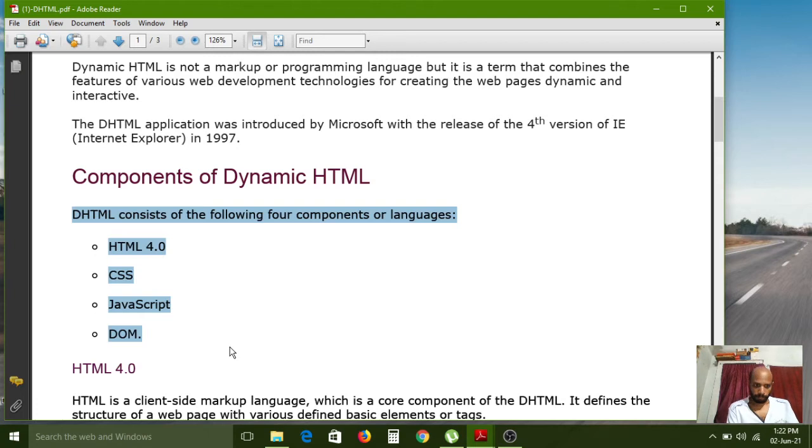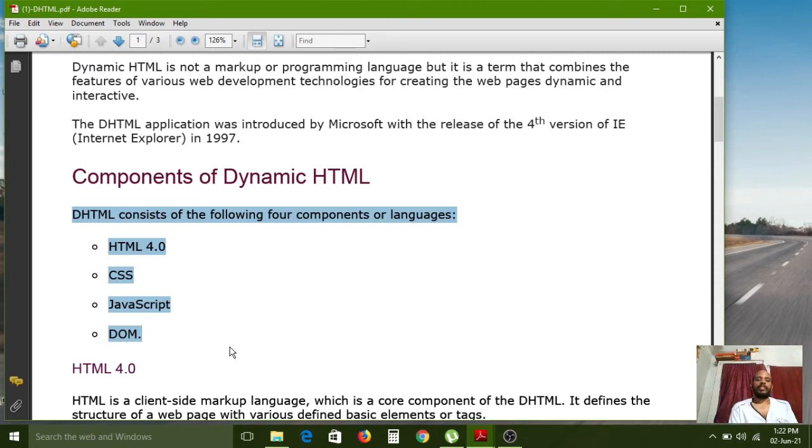What are they? HTML 4.0, CSS, JavaScript, and DOM. Why HTML 4.0? Now we are using the HTML5 version. So why are you telling the previous version, sir? That is your doubt, right?